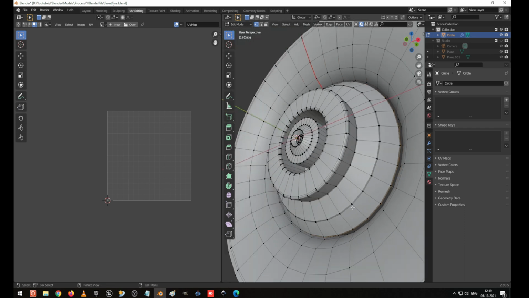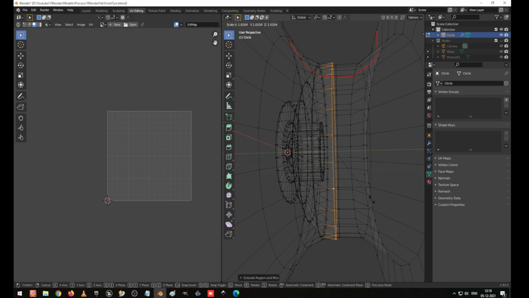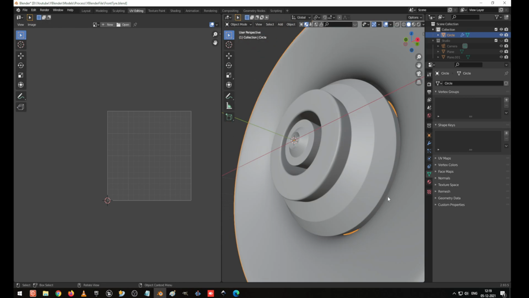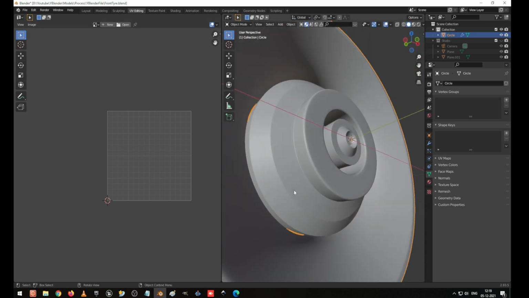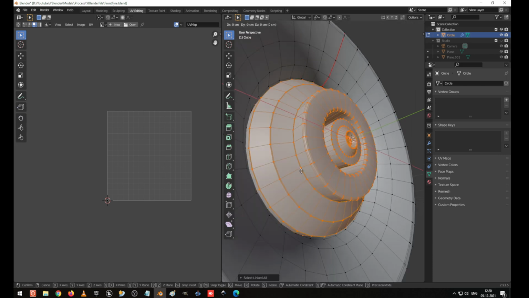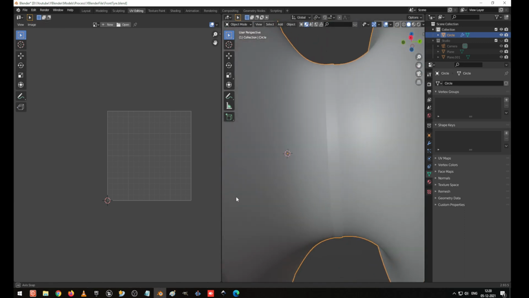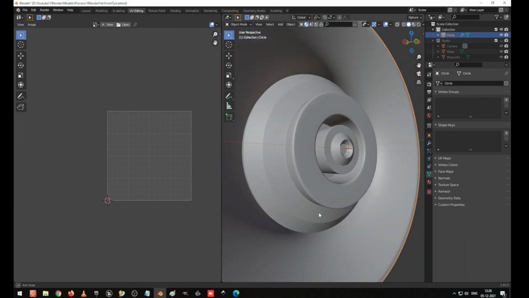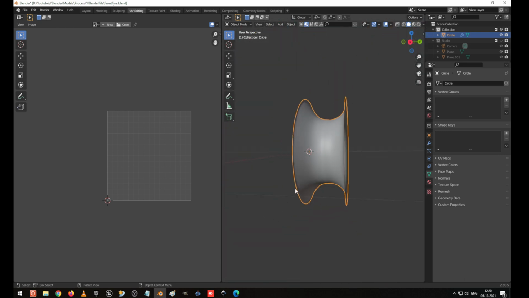I zoom in, Shift Z to view. Okay, E to extrude in the Y axis, S to scale it. Okay, I will leave it the same. Now how does it look. Okay, I select this one, go to edit mode. I select this, press Ctrl L and G, Y to move slightly inside, and S to scale it out. Okay, now it looks fine, which matches the reds. Inside it's not a problem because the tire is going to come on that.